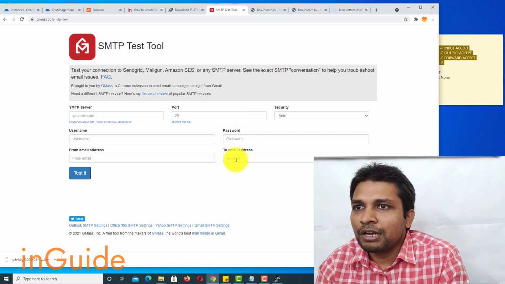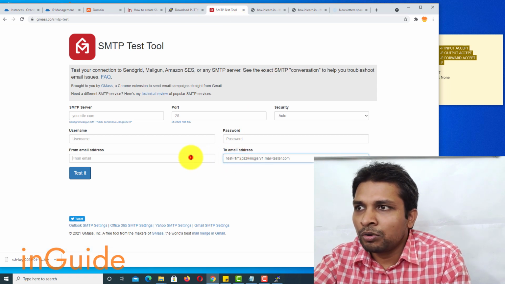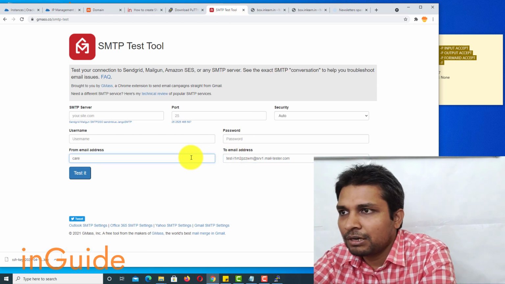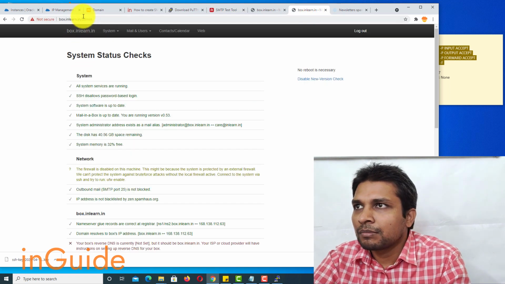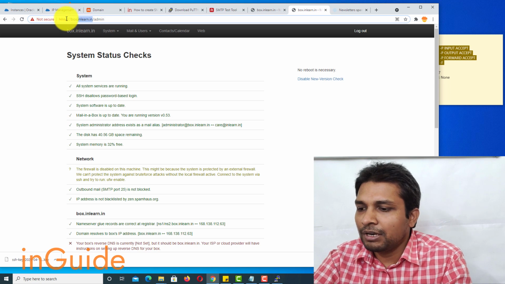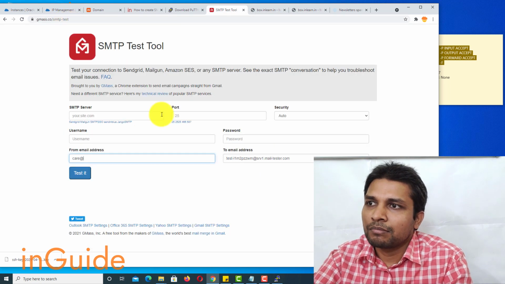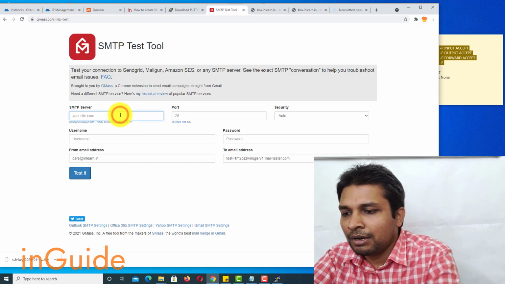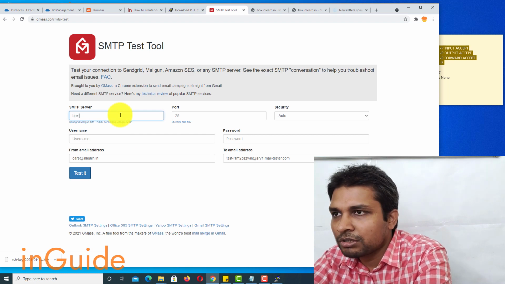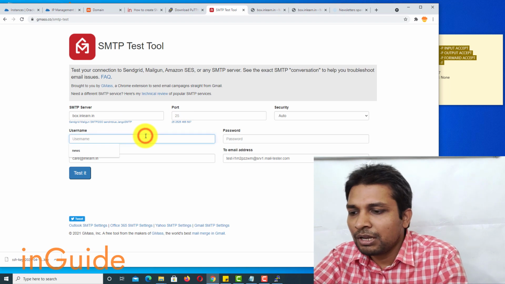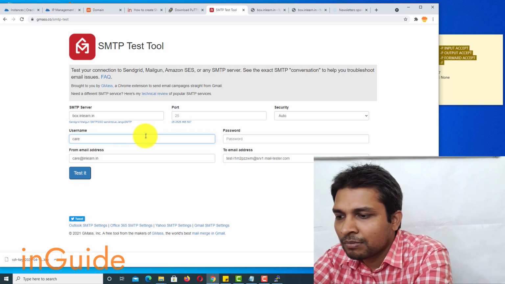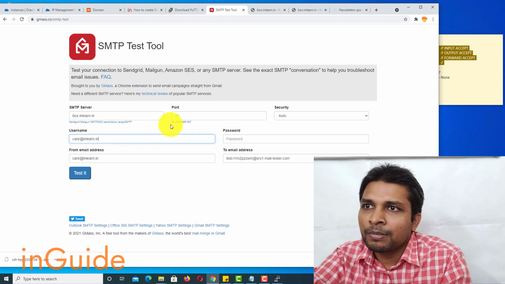Copy the mail tester address and then in the to and from, let's say, care@ and get this domain name, and the SMTP server is box.your domain name, and then the username would be care@.